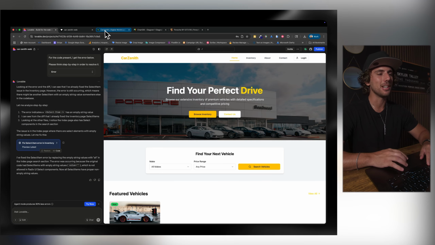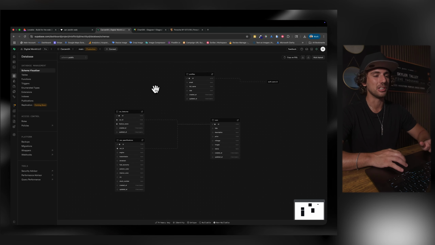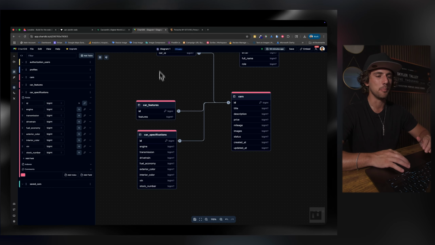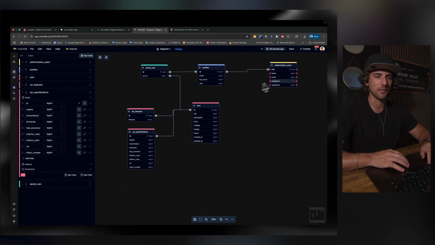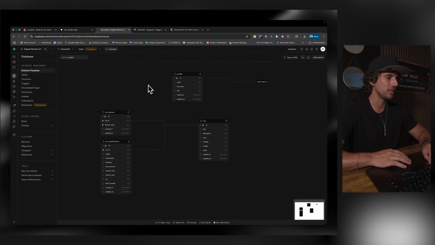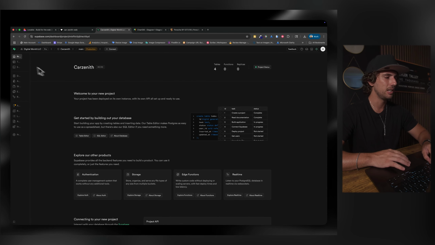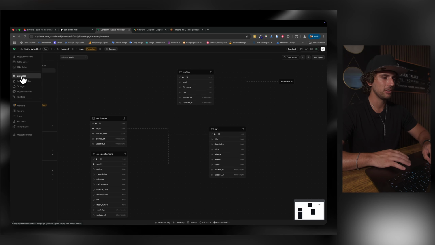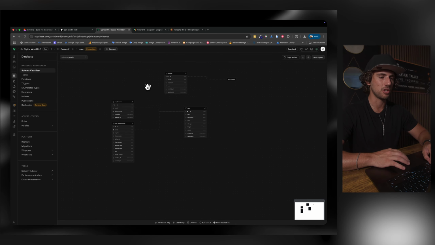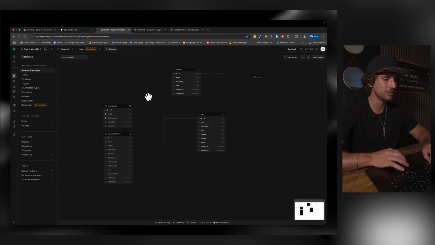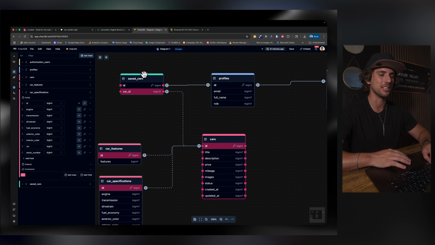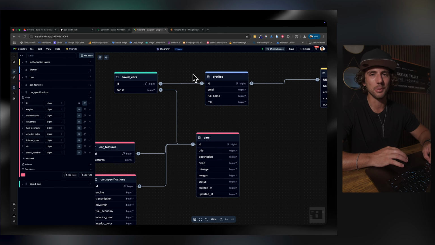The last thing I want to show you guys is if you do go to Supabase, you can still see this layout similar to what I built here in ChartDB, right? We have our auth users, our profiles, cars, car features, car specifications. Okay, and if I go back to Supabase here, and if you go from your home tab and you scroll down to database, you can then see your visualization of your database, table associations. The only thing we haven't done here is done the save cars,